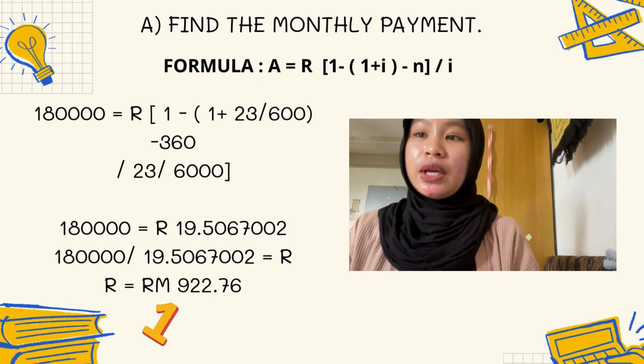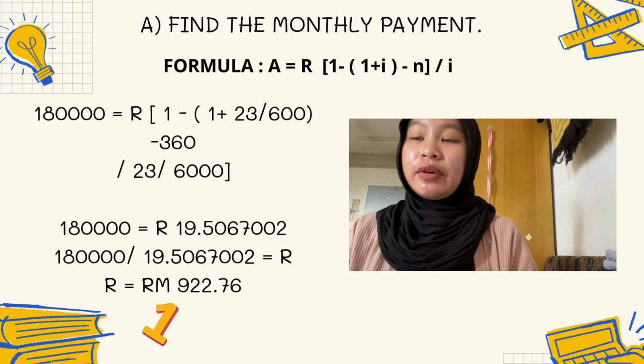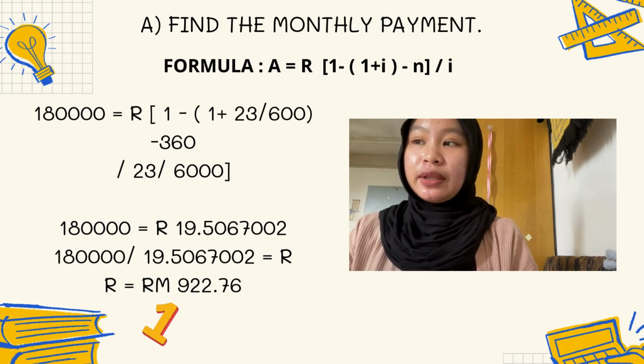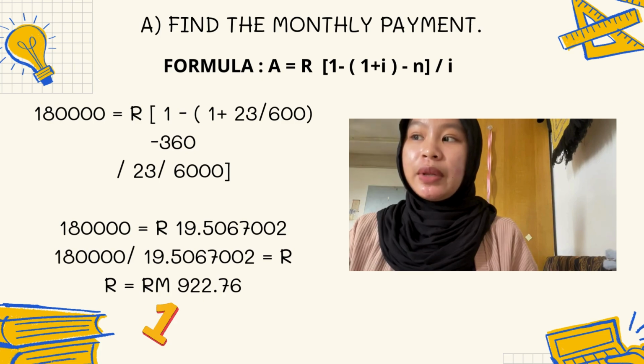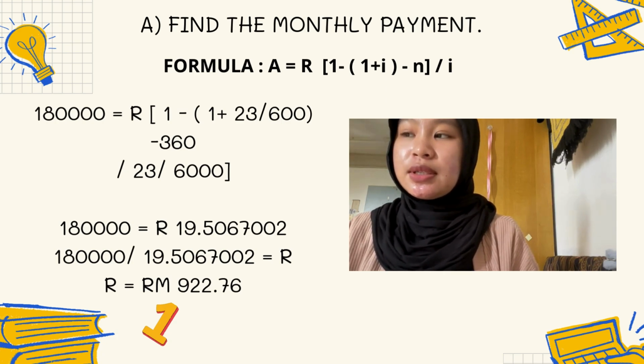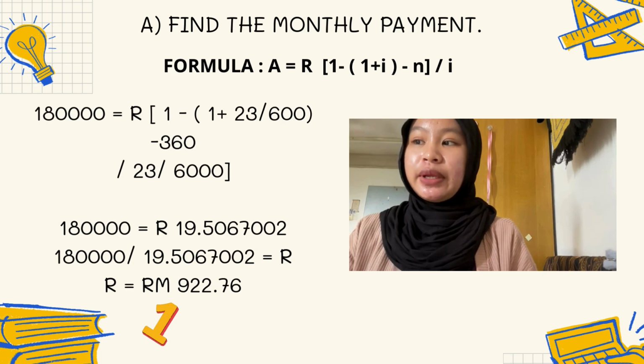For this question, the formula is A equals R [1 minus (1 plus I) to the power of negative N] divided by I. A is 18,000 and we want to find R. So 18,000 equals R [1 minus (1 plus 23/6000) to the power of negative 3016] divided by 23/6000, and the answer is